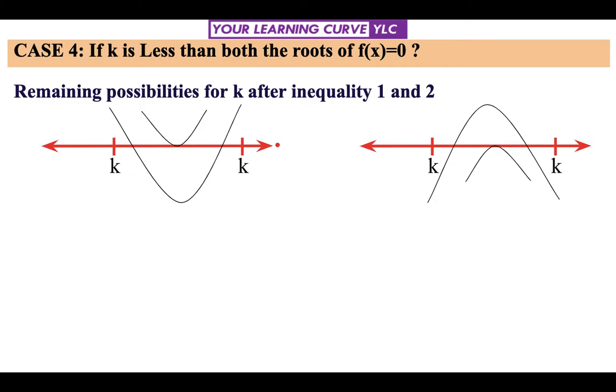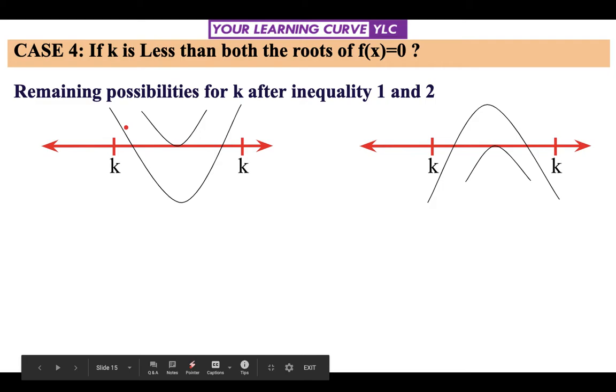Now we have to make sure of where the difference comes. Till now case 3 and case 4 are exactly the same. First ensure D is greater than or equal to 0, that is roots exist. Then ensure that k lies outside the roots, that is a f(k) is positive.